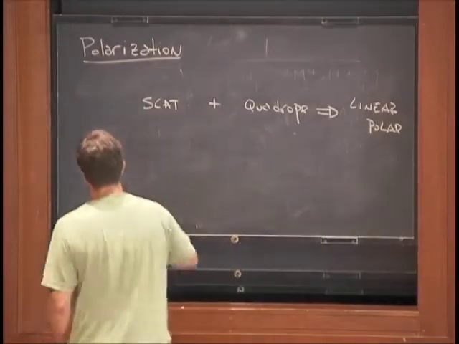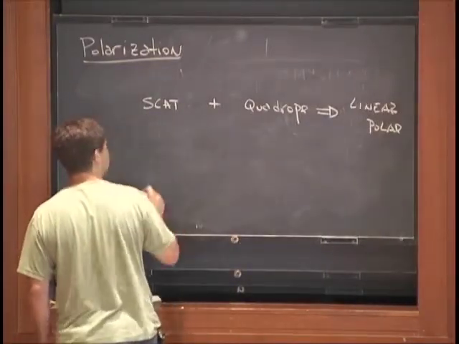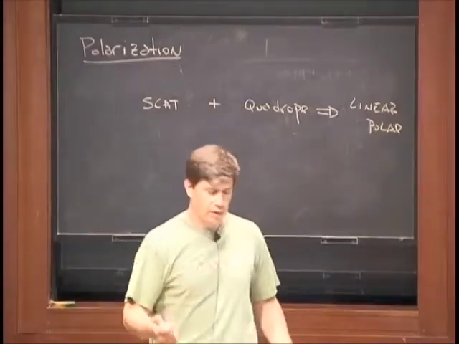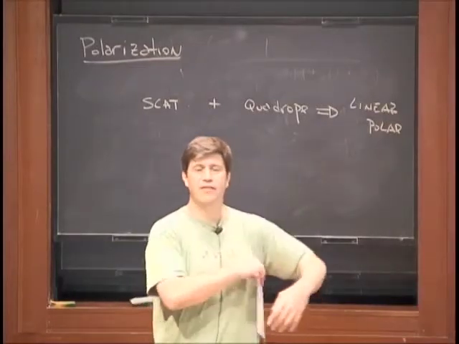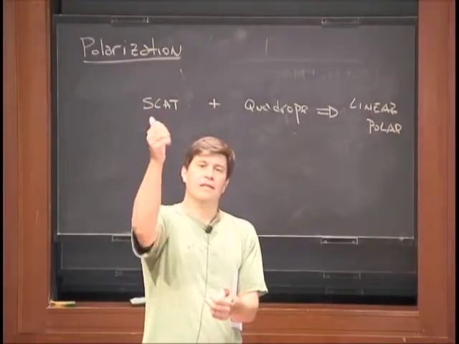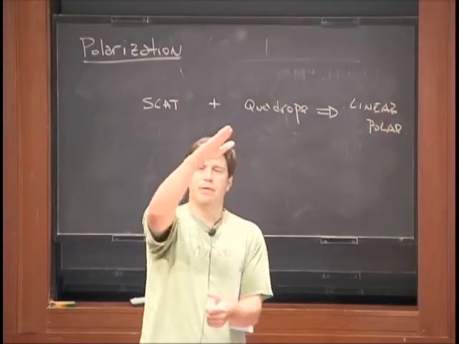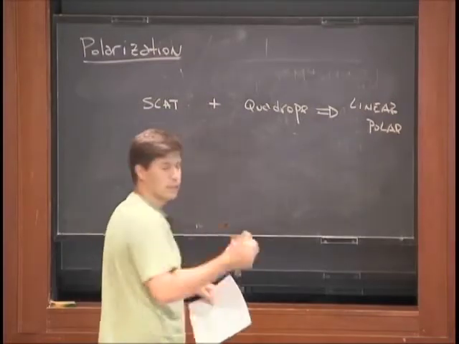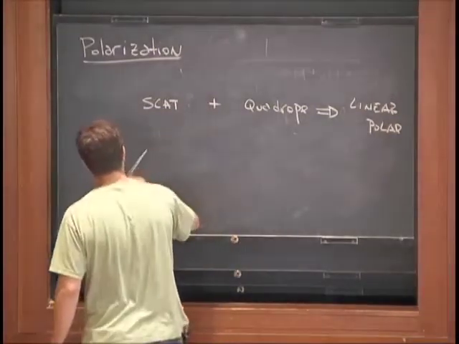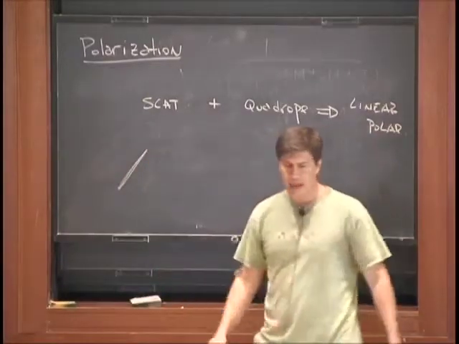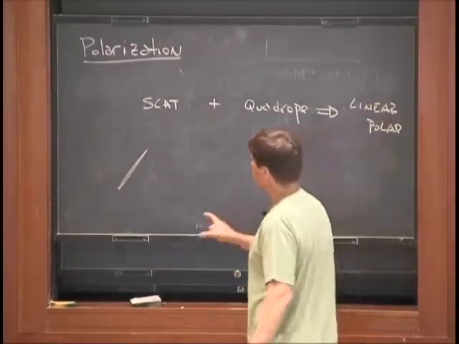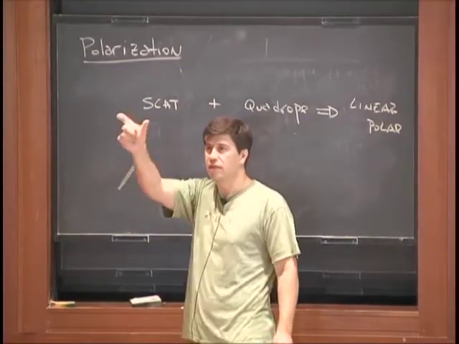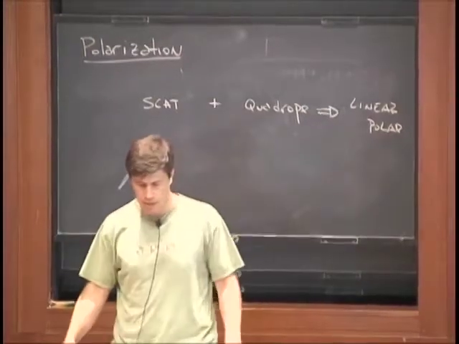So at each point in the sky, there will be a degree of polarization. So light might be 10% polarized, 15% polarized. And that just represents the difference between the intensity that you get if you put the polarizer like that and the polarizer at 90 degrees from that. It's linear polarization, so there will be a direction in which you get the maximum intensity. So to characterize polarization you need two things. You need a direction and a magnitude, the degree of polarization, and the direction you need to put the polarizer to get the maximum